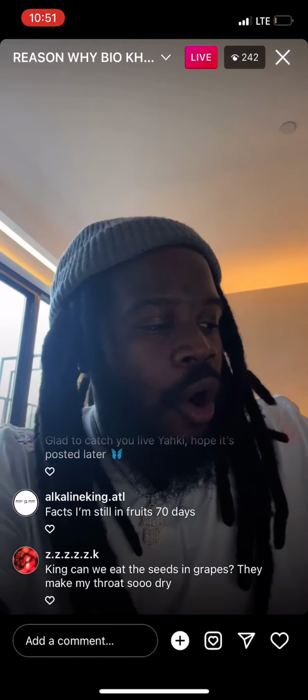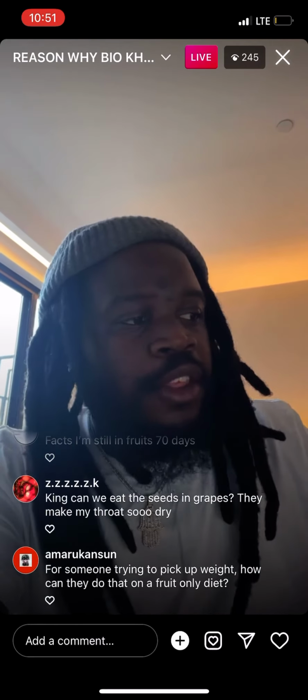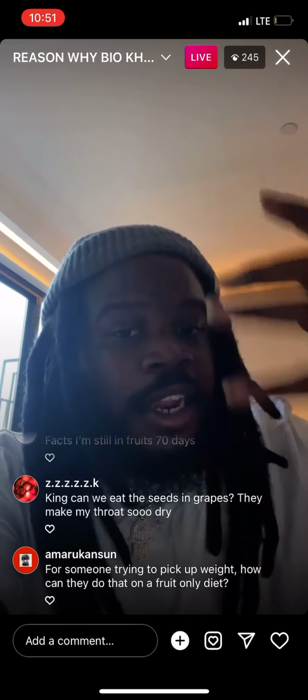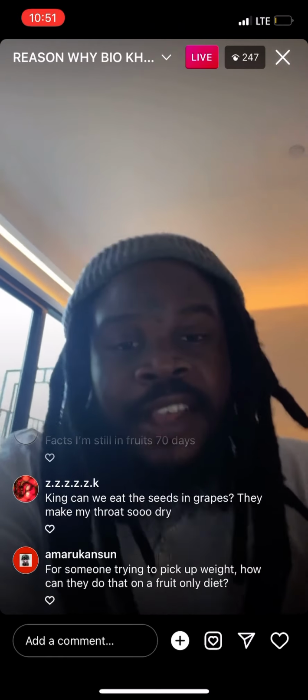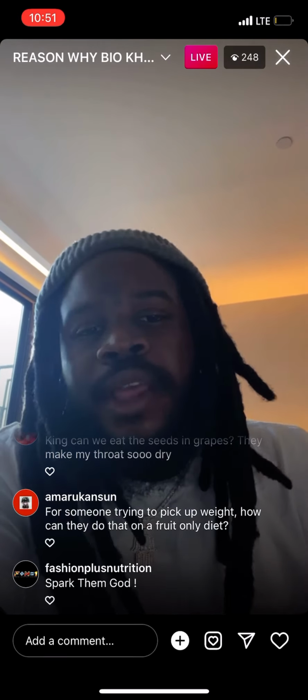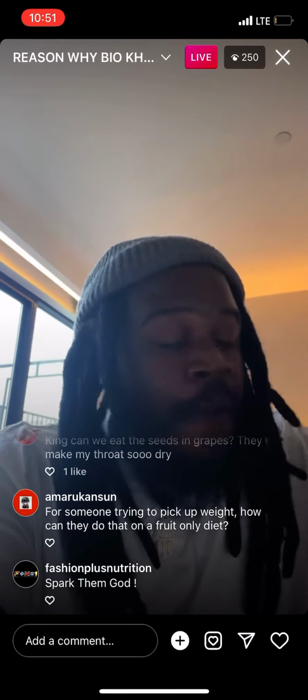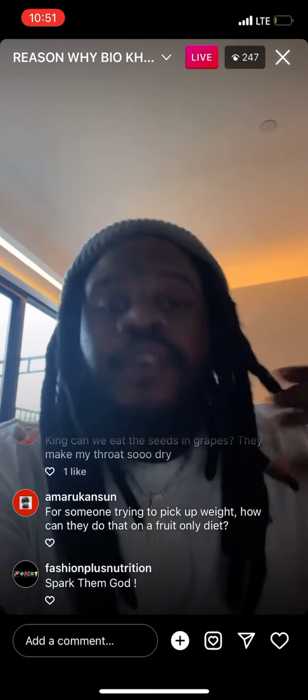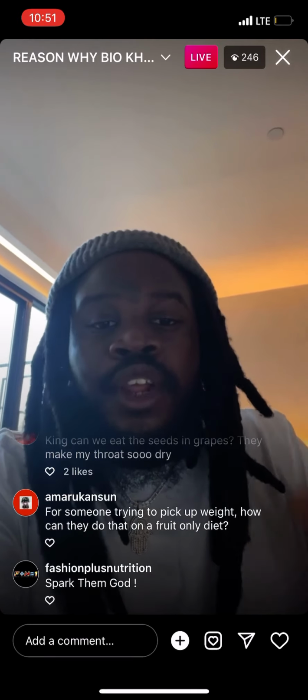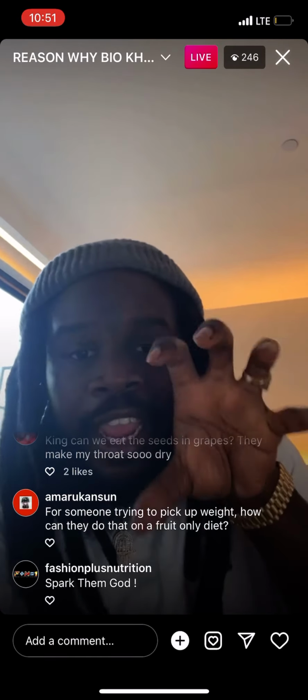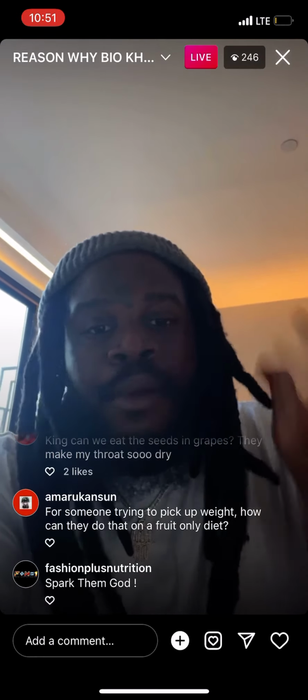Notice when you're on our herbal therapy and you're on my geogenetic therapy and you're cleansing and you're healing your body, if you're cleansing too fast, the first thing Yahki tell you to do is do what? Eat some vegetables. Because what is vegetables going to do? It's going to slow down the healing modality. It's going to slow down your detoxification phase because it's going to use a lot of energy that was taken to heal the body, and is now using that energy to break down the food.